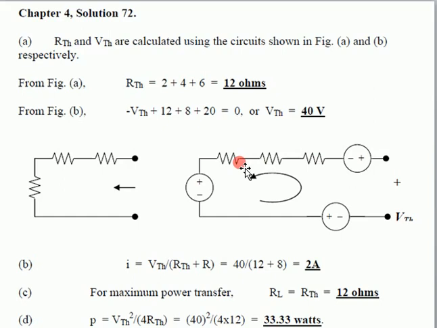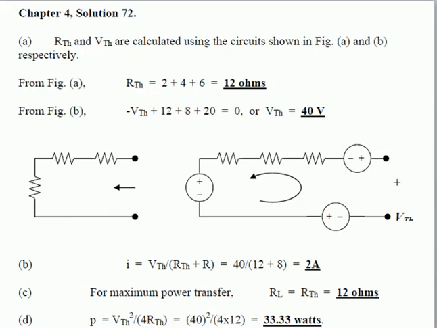Why have we not considered them? Because it is an open circuit. In an open circuit, no current is flowing. That's why all these resistors have a current equal to 0, and the voltage is also 0 here. We simply have these 3 voltage sources, the known voltages, and one unknown, which is VThevenin. By solving this, we get VThevenin equal to 40 volt. So we get the Thevenin equivalent circuit by getting the values of R Thevenin and V Thevenin.